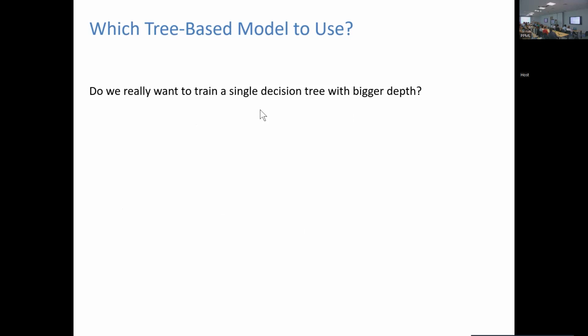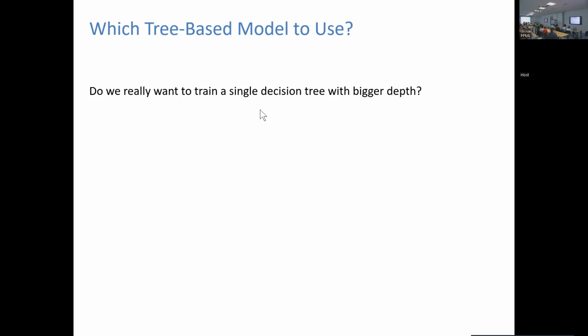In the clear, that doesn't make any big difference, right? You can allow trees to have a big depth, but if you are doing decision tree training in a secure way, essentially the depth will have a big impact on your running time.